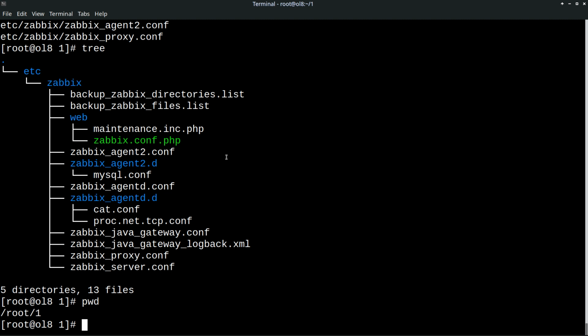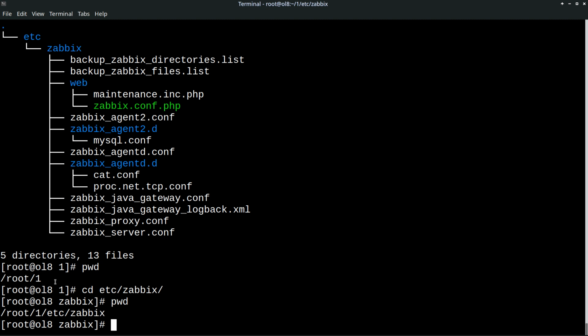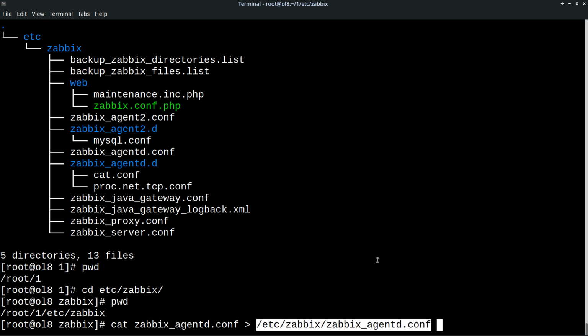So the best practice could be, if I want to restore a file, this is in the backup root 1 etc Zabbix. If I want to restore a file, I can use, like, zabbix_agentd.conf and copy it to etc Zabbix zabbix_agentd.conf. I would call this a best practice, because this will never violate the owner of this file, and that's quite important. If we have a secure environment, we have service users